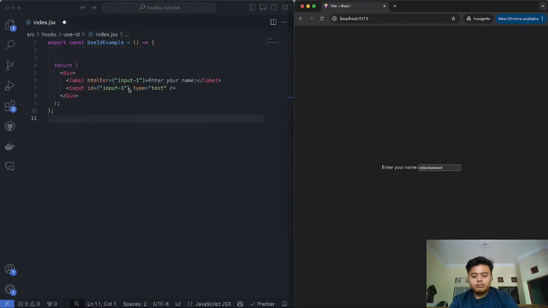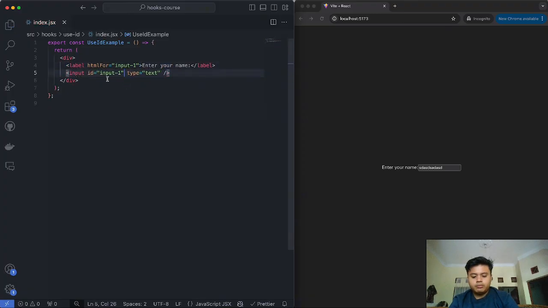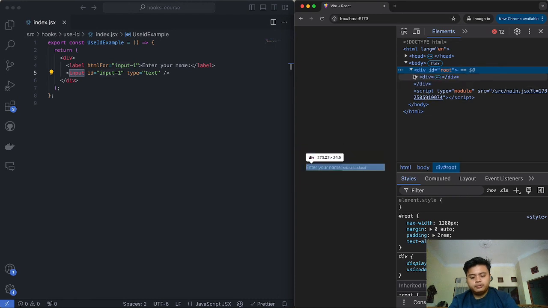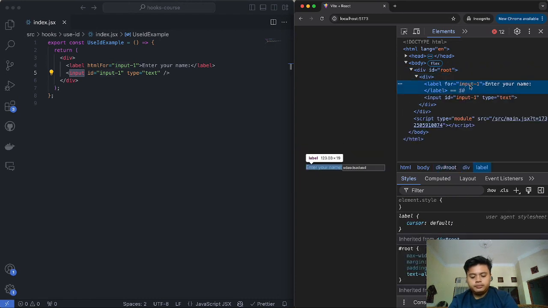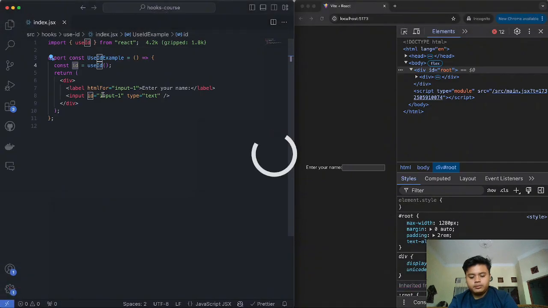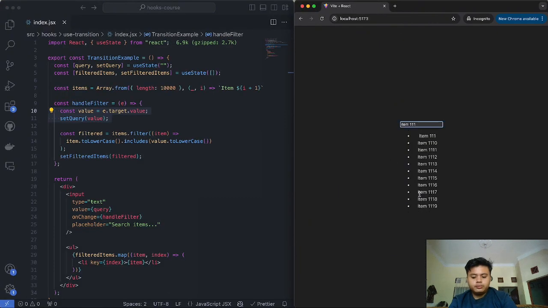Now, we have here, as an example, how we used to do this: we would just set an ID and an htmlFor. Obviously, they're the same since we're linking this label to this input. And if you went over here, you would see in the element that the specific element for this input and this label has an ID of input1, which I specifically set over here. Now, with the useId variable, the specific items that we're writing, right? So for example, if I put one more, it will automatically